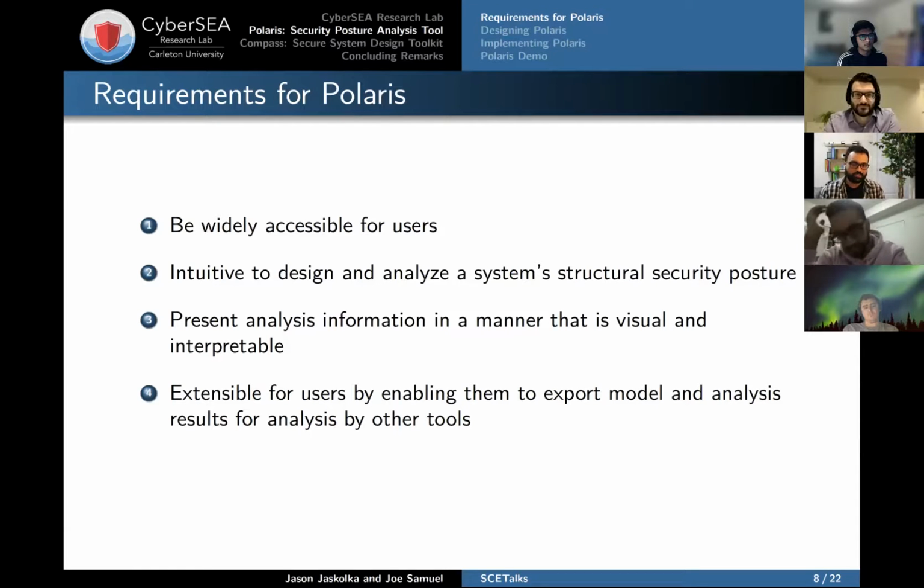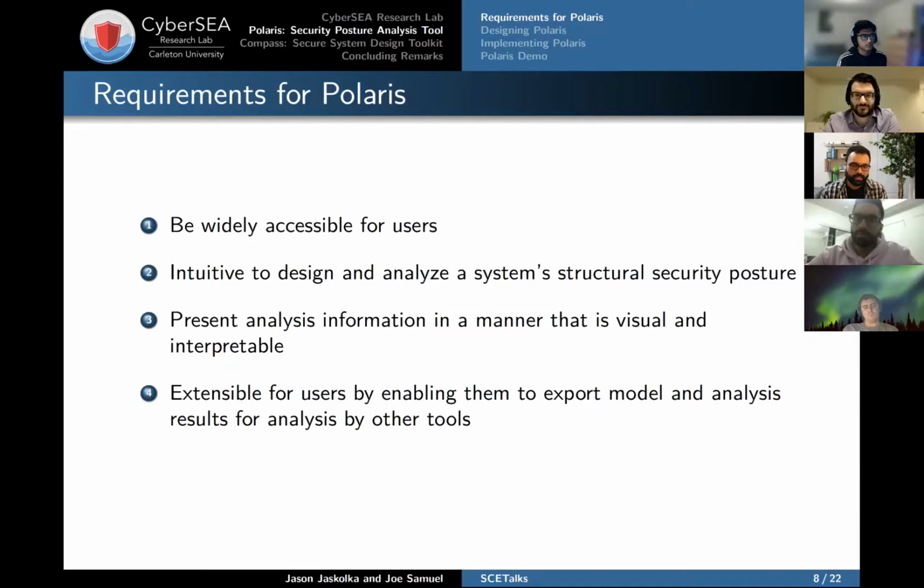We also wanted it to be intuitive for people to design and analyze a system, right? We were talking about system-level approaches. So in this particular work, we were focused on creating one of those constructs to help evaluate systems. And to do that, we need something that is easy for practitioners to understand and implement. So it lowers the learning curve and helps them get to what they want out of that tool.